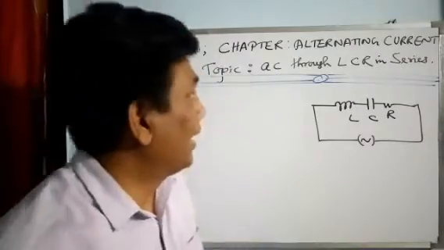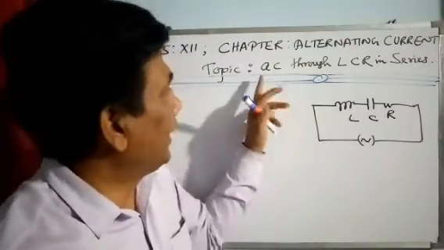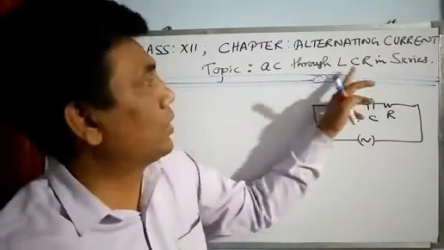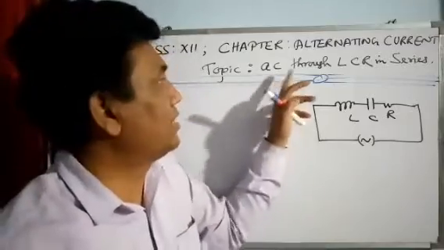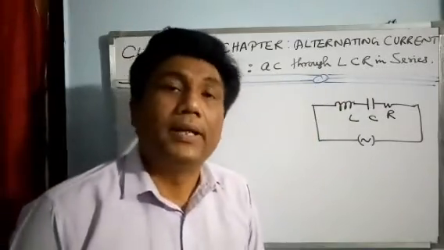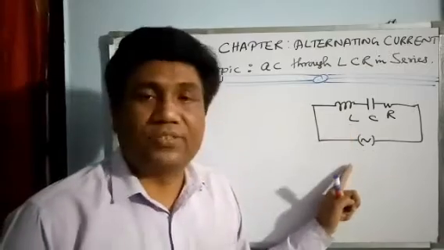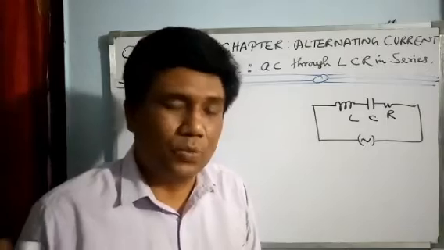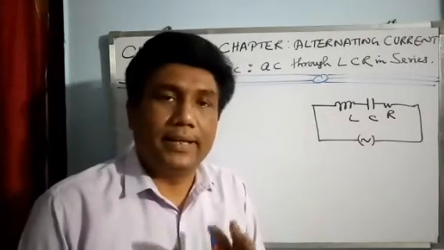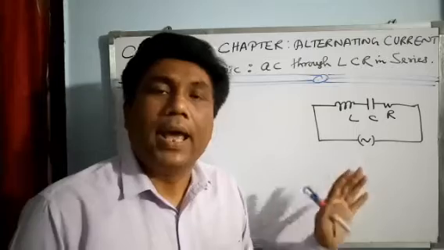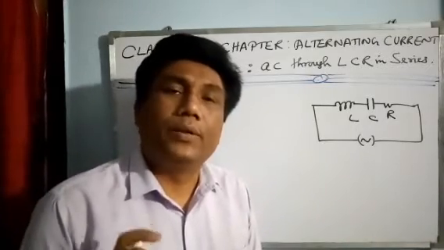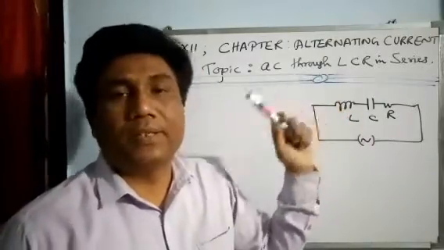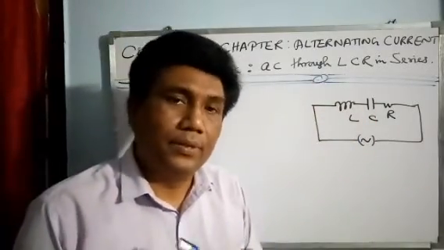Okay, beta? Now we have already discussed AC through inductor in the last video. We have discussed AC through capacitor. And we had discussed AC through resistor also. Okay, remember, to discuss this chapter we need to take the help of the previous videos. If you have understood well, then it is very good, you are ready to go through it. And if it is not understood well, then you please go through that video once more. AC through inductor, capacitor and resistor. Okay, that video you have to go through.